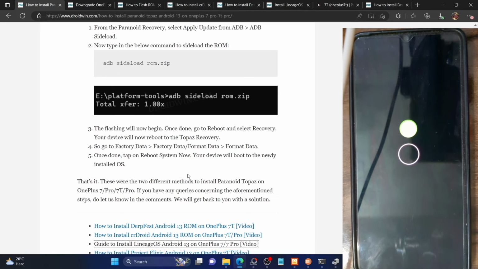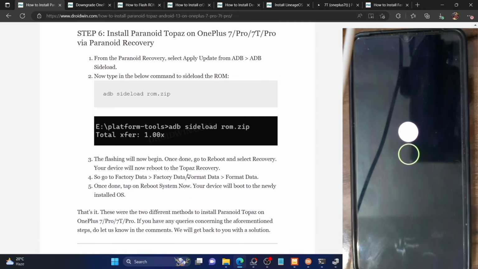So I have shown you both the methods using the fastboot mode as well as the recovery mode. I will highly recommend you to use the fastboot mode. It's quite a lot shorter and easy to carry out. There are no complications involved. Whereas in case of the recovery method, there are quite a lot of complications,